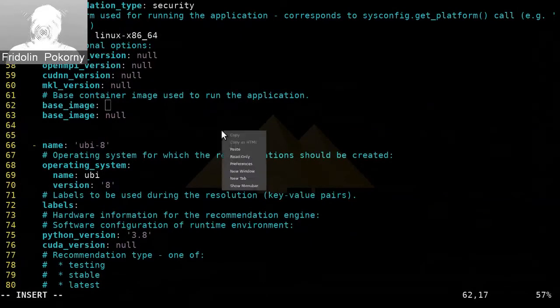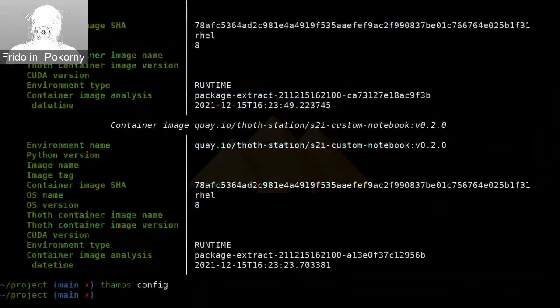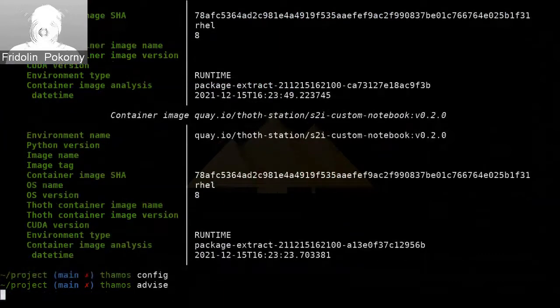So here we can state base container image that we use. We can use any prepared containerized environment based on our needs. So in this case, we are using TensorFlow that is prepared environment for natural language processing. Okay, so we stated this configuration in Thoth's YAML file. This configuration was adjusted manually, as you can see, but if you run Thamos Auto Discovery and you run the base image, Thamos will automatically discover the base image that you are using, so you are freed of this manual work. Now what we can do, we can schedule